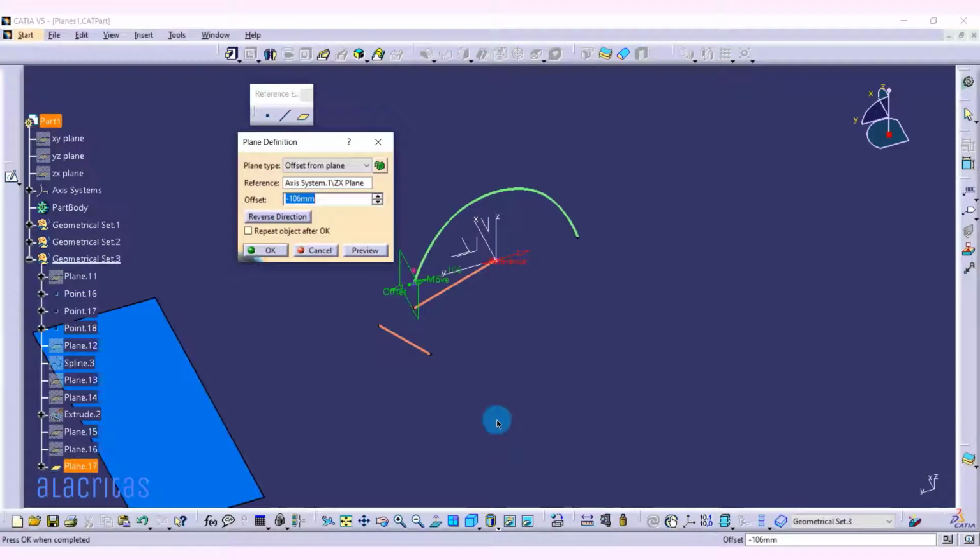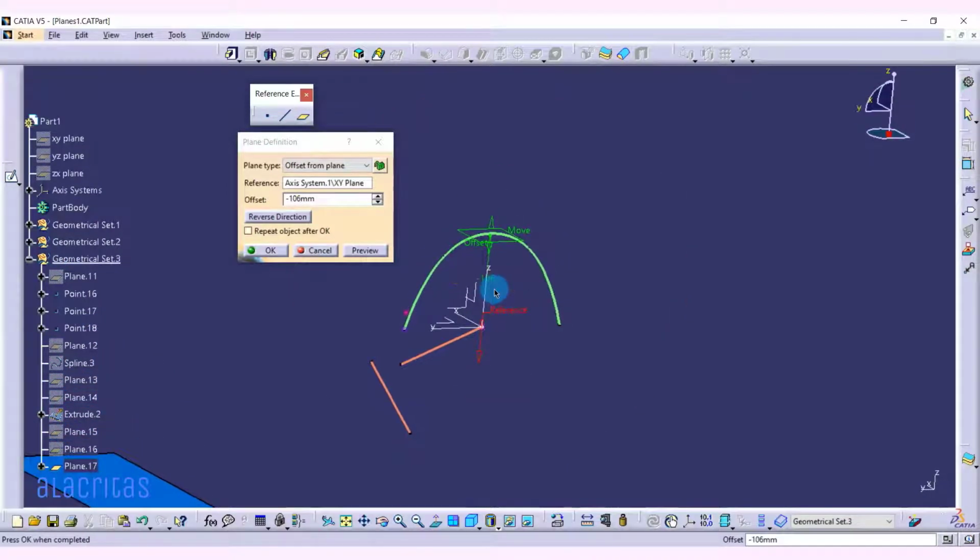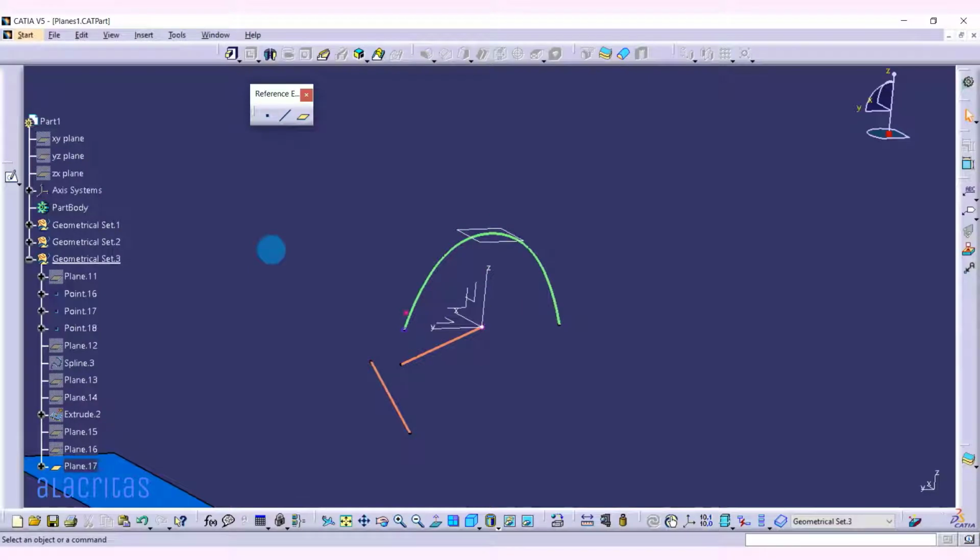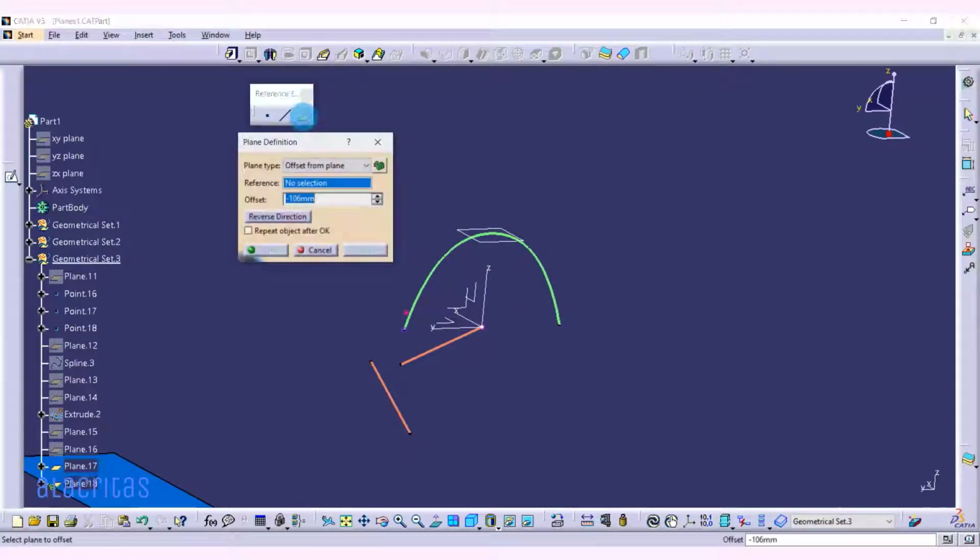If you want to modify the reference plane, we can modify it at any time. We can change the plane to the y-axis, and the result will change. This is about plane by offset from plane. And the next one,